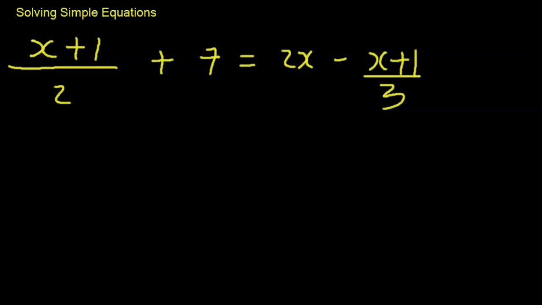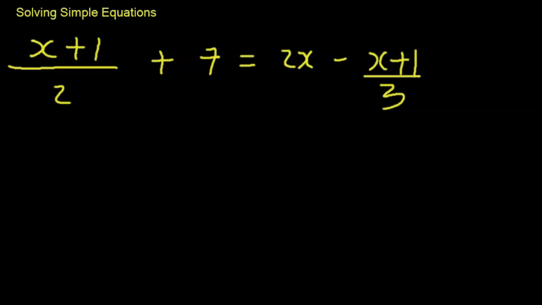Here we have one more. Quite a few terms here. I'm counting 4 terms. The x plus 1 over 2, that's a term unto itself, positive 7, term unto itself, 2x, the third term, and then the term to the furthest right, x minus x plus 1, all